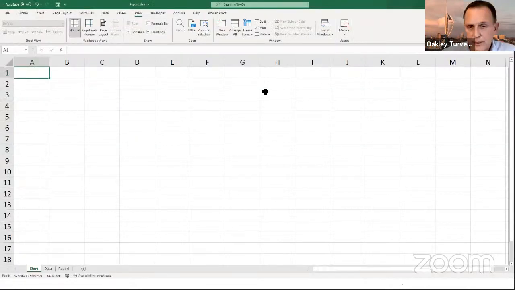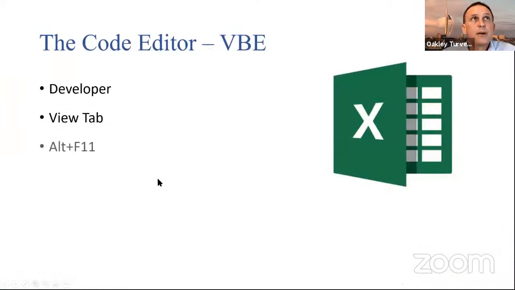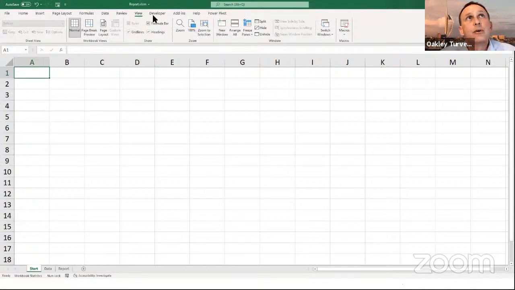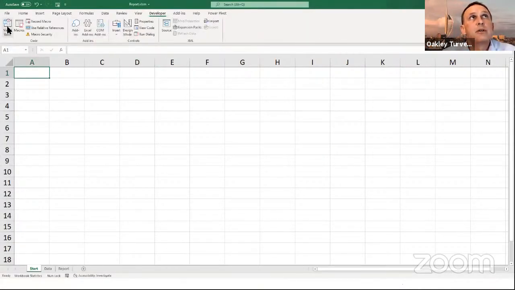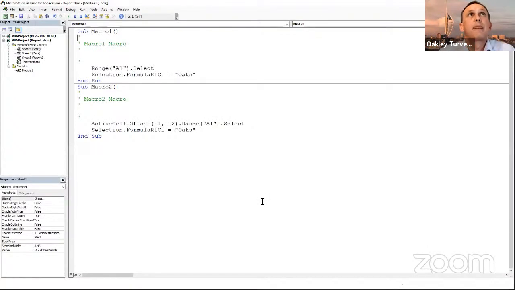Now, the last way is the one that I use all the time. And this is the keyboard shortcut. Keyboard shortcut Alt F11 to get in to view the code. Now, you don't have to remember that. All you need to do is find the button, hover over it, and look at what it says in brackets. If there's a keyboard shortcut, it'll be there in brackets. Alt F11. When you do start recording macros, you're going to be doing it so often, you'll just find it completely second nature to do the Alt F11.